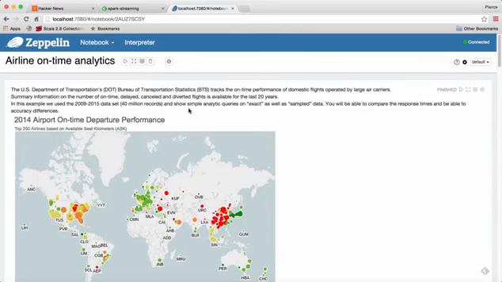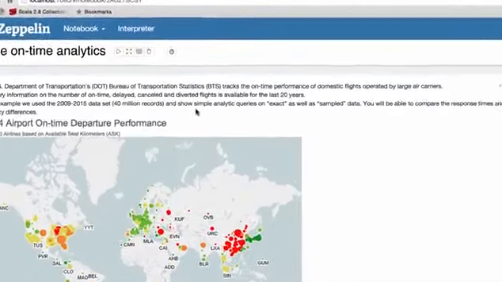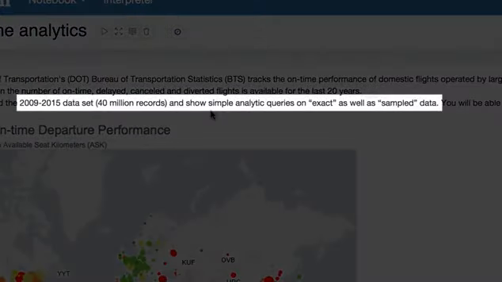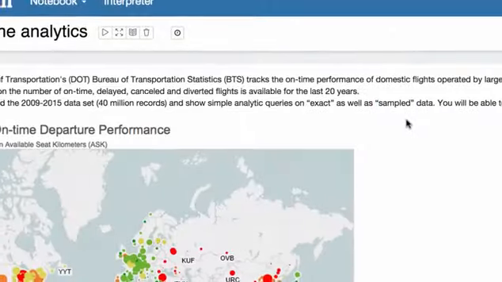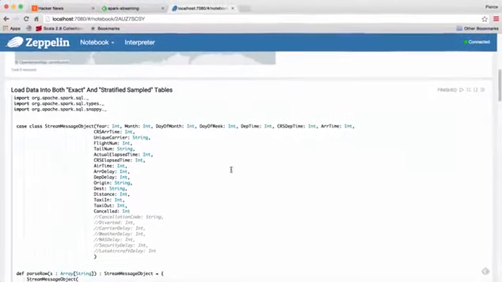So our demo's across a set of airline data from 2009 to 2015, about 40 million records in total. And what we're going to do in this demo is show you some simple analytics queries over the set of exact data, so all 40 million records. And then we're going to show you the same queries over a set of the sampled data, which is something that our product does. So to start, the first thing we do is create this case class that we're going